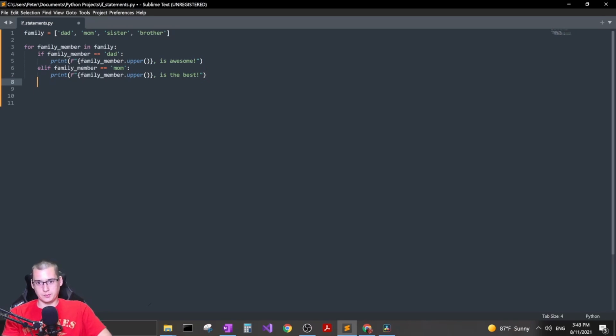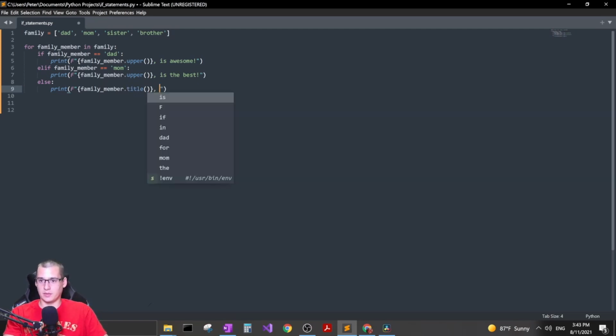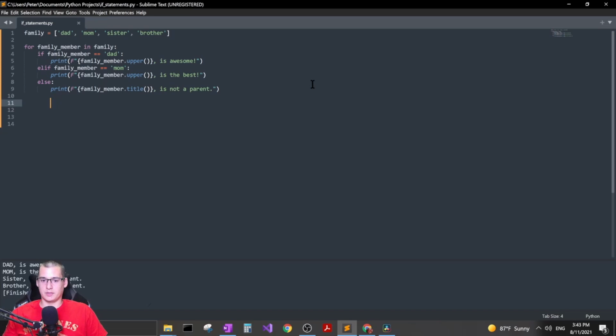And then below this, you could do your general statement, right? You can do else. So else is going to be our generic statement, and we can print. Actually, we'll keep it similar to what we did up there, and I will just have it print out whatever the index is. We'll do title case for this one. So that's just going to capitalize the first letter of their name, and we will say is not a parent. So now if we do Control B and we run this, you can see down here that